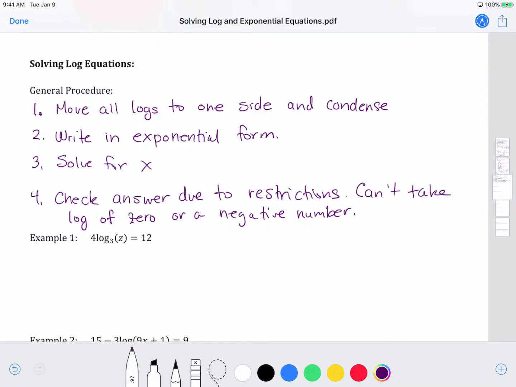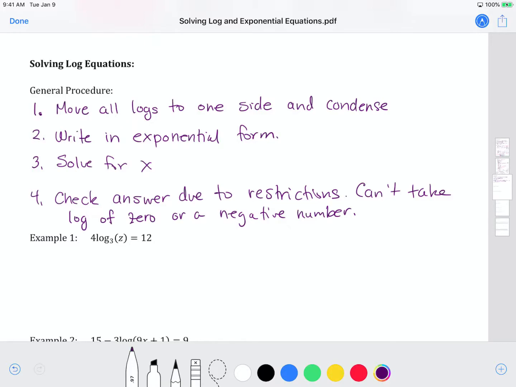Okay, now in this video, we're going to talk about solving log equations. In the previous video, we solved exponential equations, and when we solve exponential equations, we rewrite it in log form to solve. Now that we're trying to solve log equations, we're going to rewrite in exponential form to solve